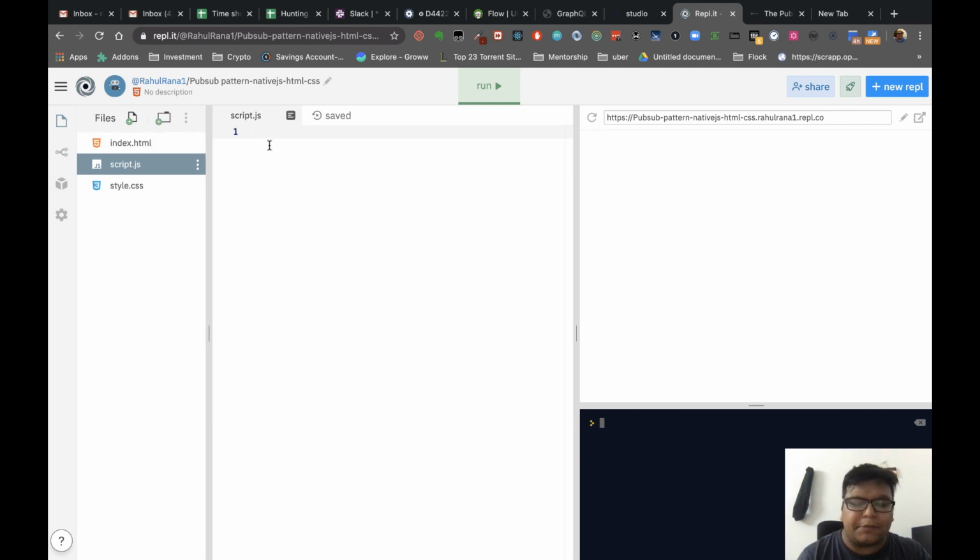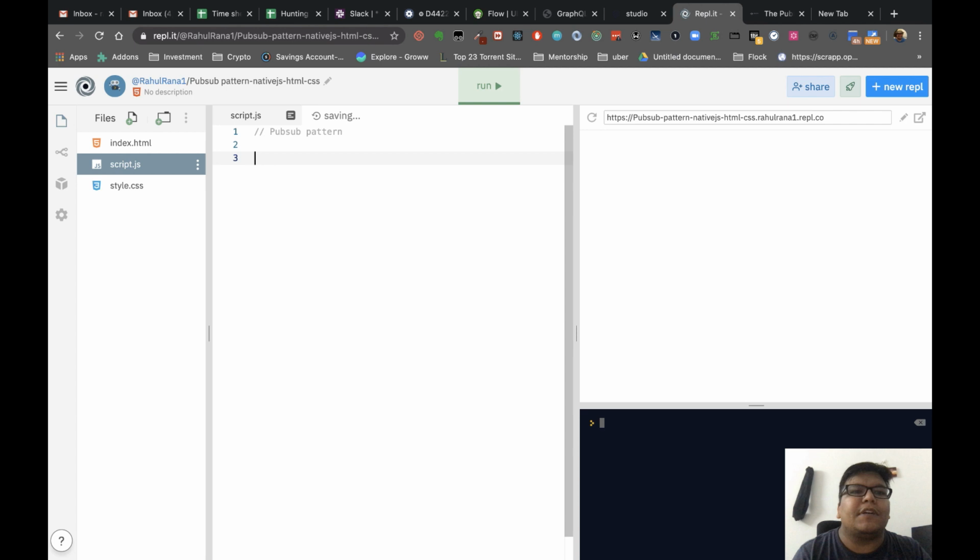So what's exactly a PubSub pattern? In the PubSub pattern, basically it's publish and subscribe. The user will subscribe and someone can publish. It's like you are listening to a radio, or you're subscribed to a newspaper newsletter. If they publish a newsletter, all the subscribers can receive it. So that's a very good example. If you subscribe to any website newsletter, whenever they publish, all the subscribers will get the notifications, like get the data of it.